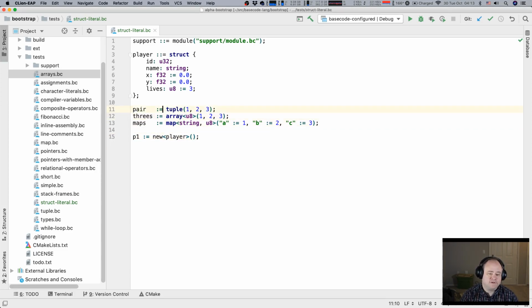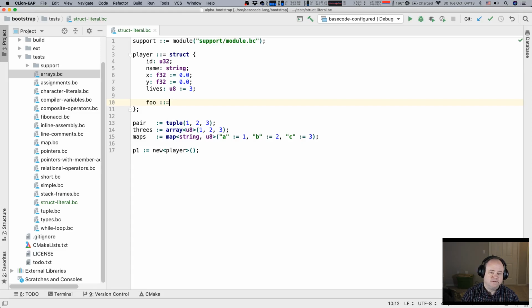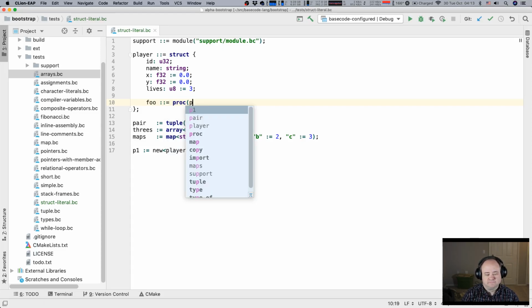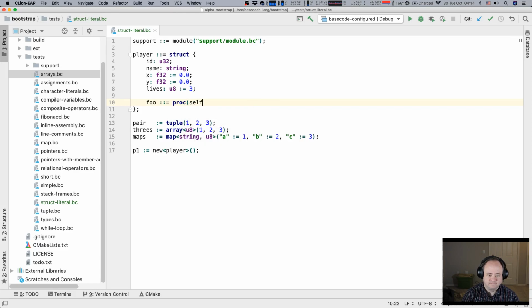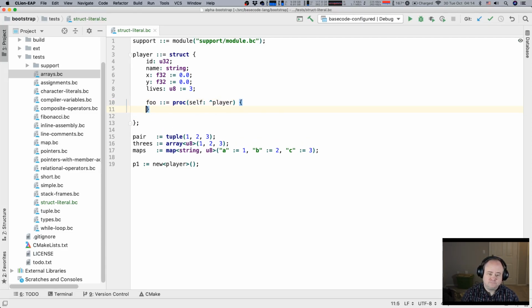You can put functions on here, right? So you can do this, but how does this work?